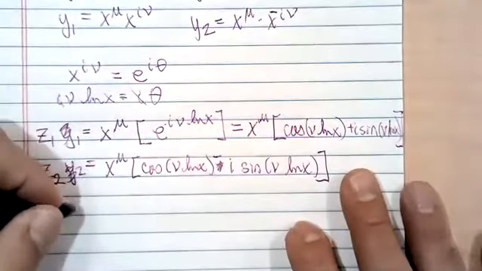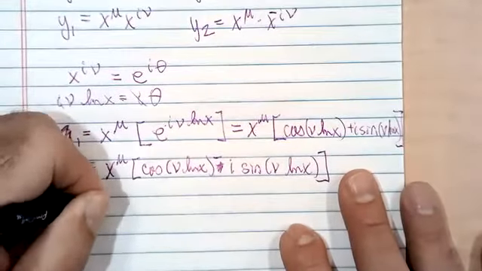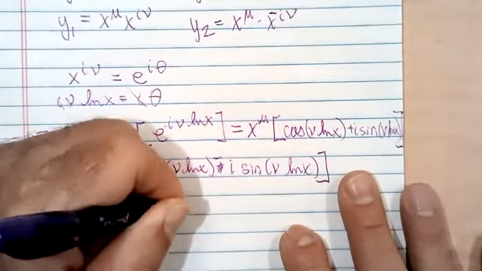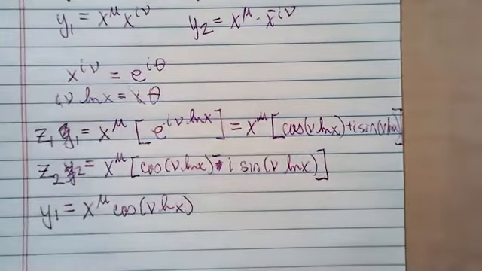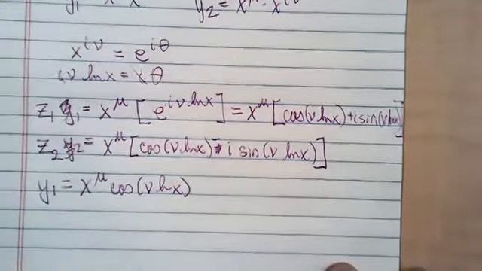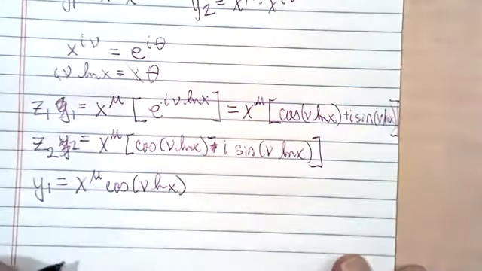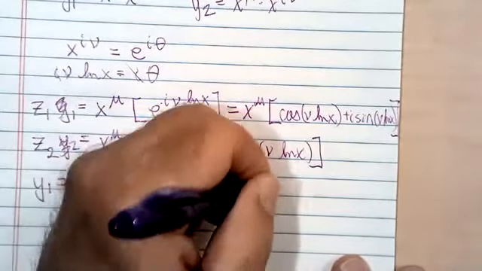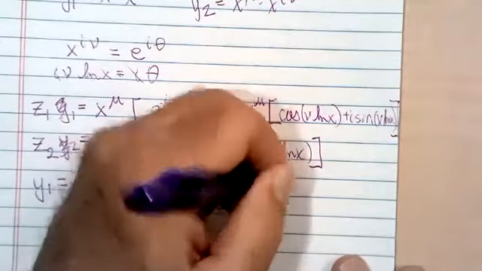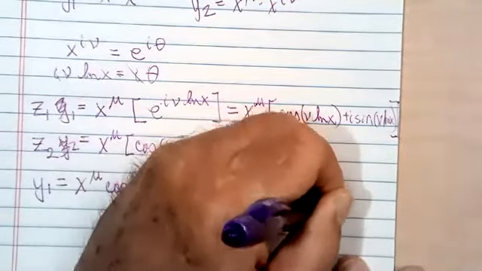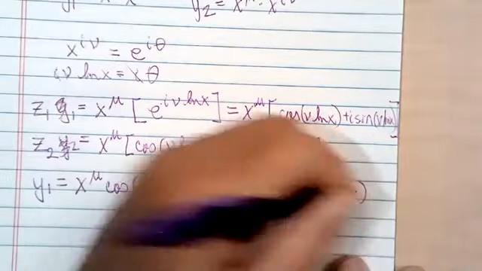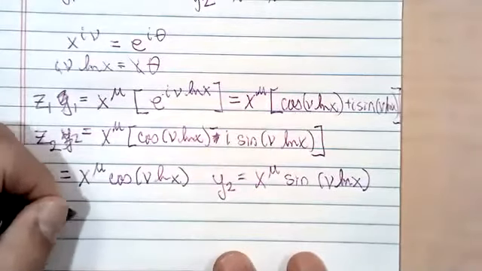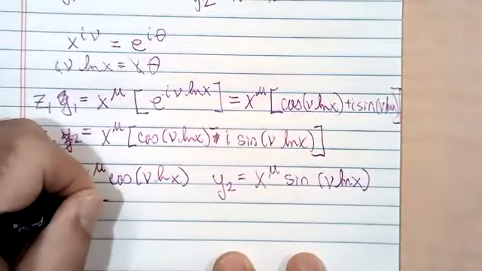We would expect that x to the mu cosine nu log x would be one of the basis functions of the solution space, and the other one would be x to the mu sine nu log x. So the general solution is this, x to the mu,